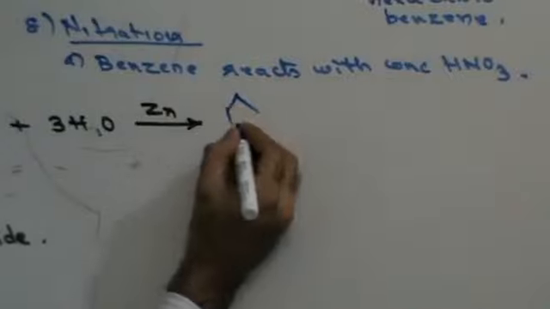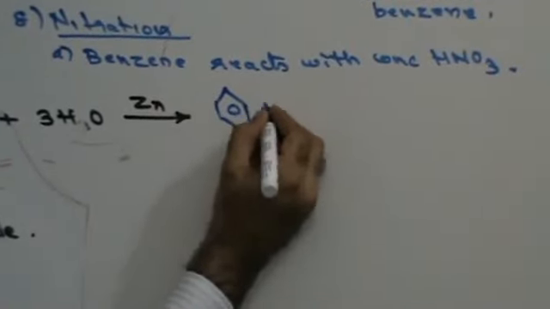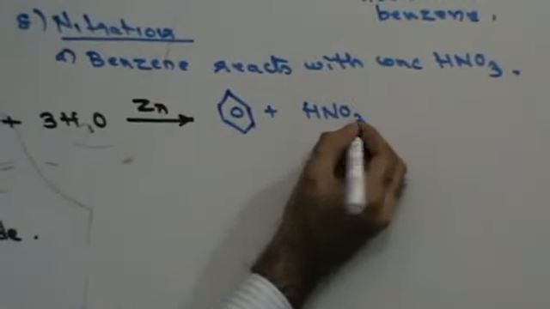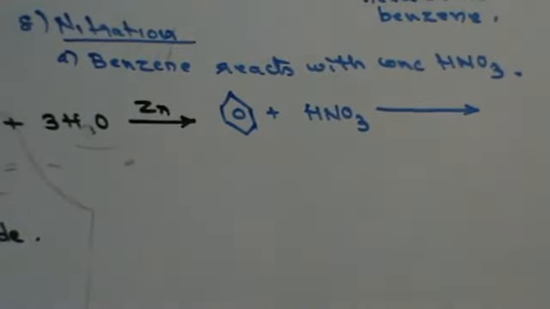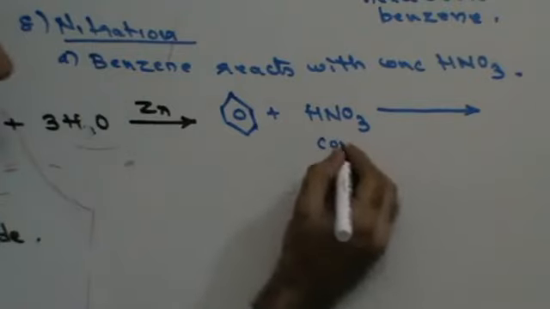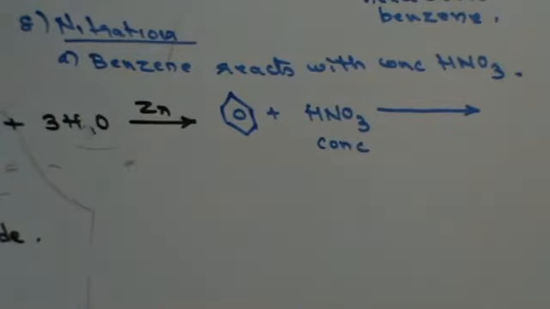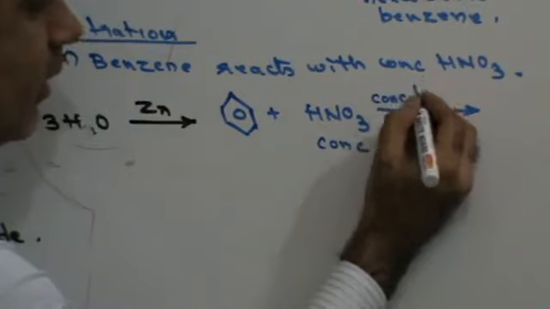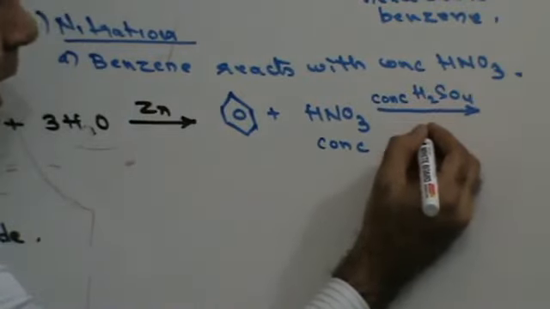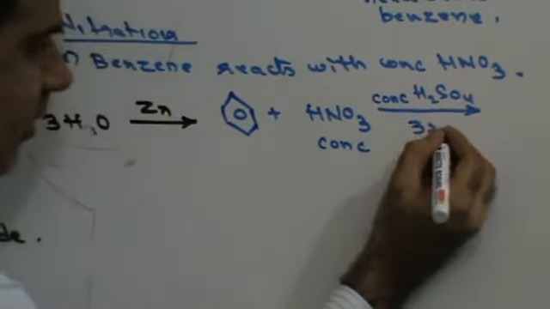Let's see this. That's my benzene reacts with HNO3. We are saying that it is concentrated nitric acid. Here you will be using the catalyst concentrated sulfuric acid, and the reaction will take place at 323